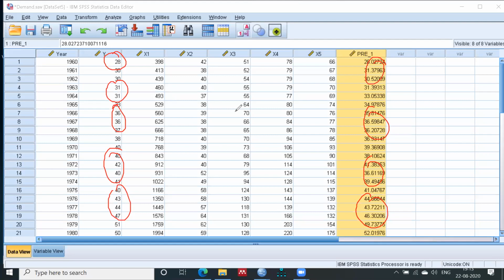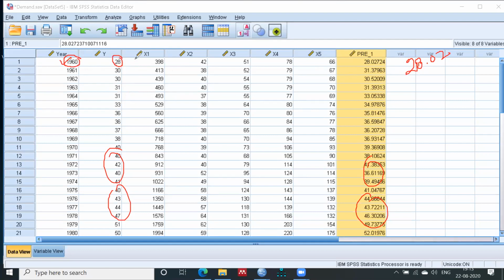So it was forecasted that the demand for the first year, 1960, will be 28.02. So it was predicted that for 1960 the demand will be 28.02, but what is the demand in the actual?